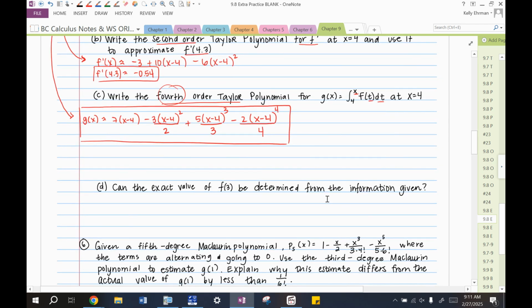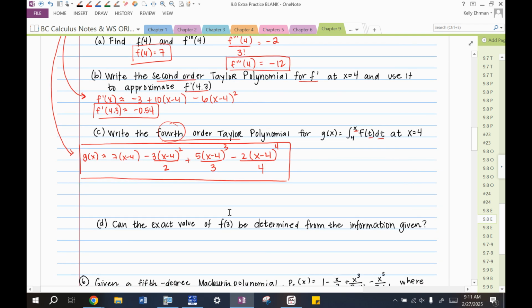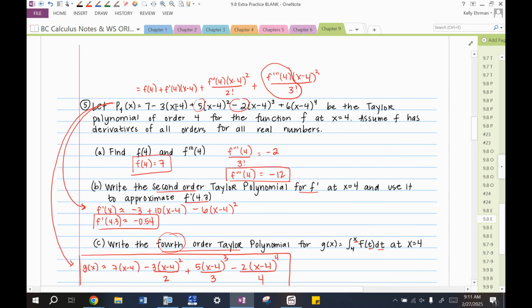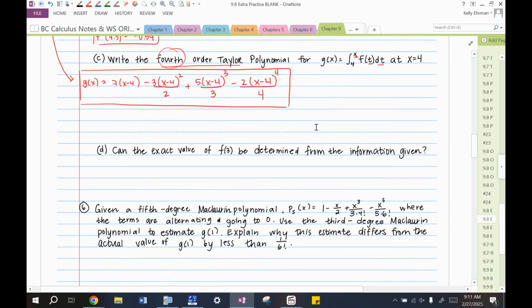Part D, can the exact value of f of 3 be determined from the information given? So we can't say yes for sure. I can't say no for sure, but I can't say yes for sure because I don't know if 3 is in the interval of convergence. How far can we stray from the center of 4 before we get values that are not exactly equal to f of x? So can the exact value be determined? I'm going to say this is unknown, or you could say no, but